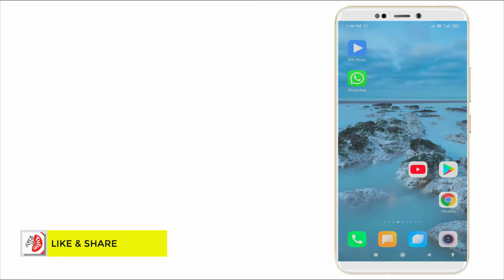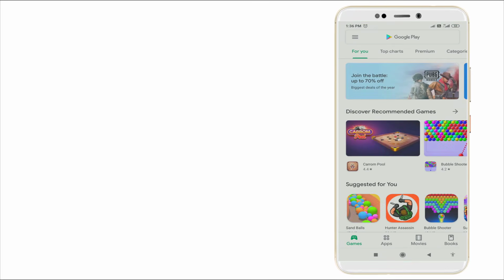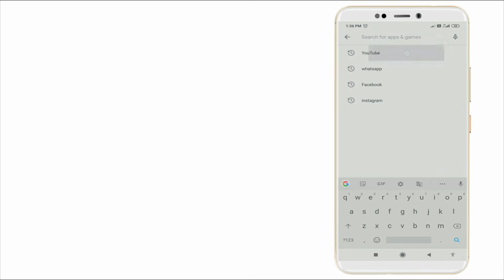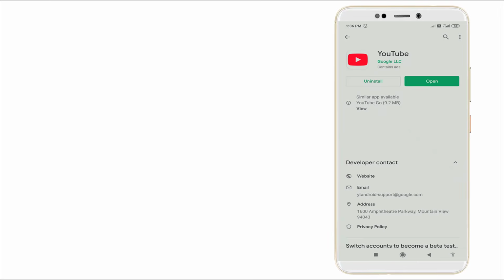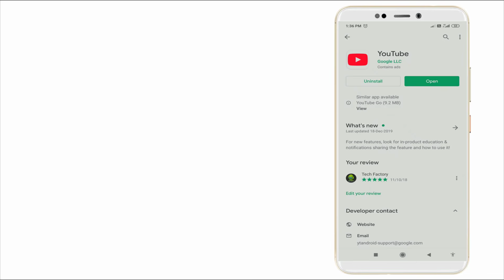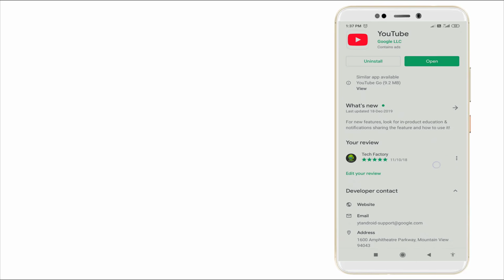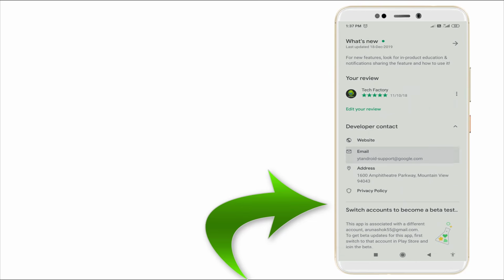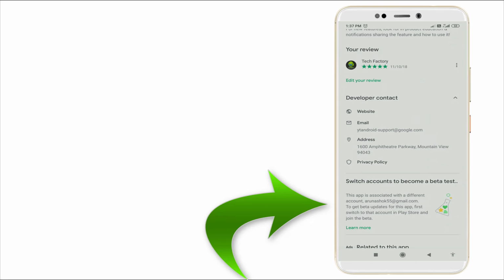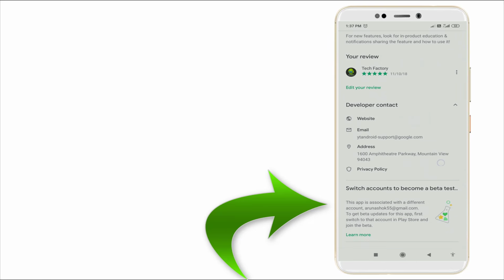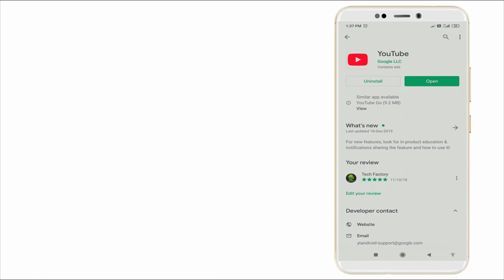First I'm clicking Play Store, and I click YouTube and I'm searching YouTube. Is there any update or not? No, there is no update. It was updated on 18th December. I'm scrolling down. I'm not a beta tester right now for this, so it's not showing like that. So I want to become a beta tester. So how? Go back